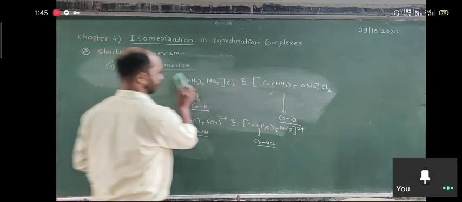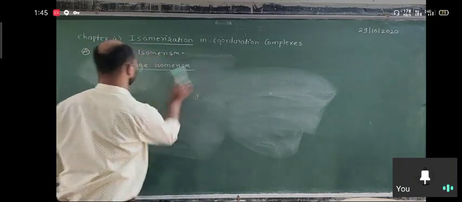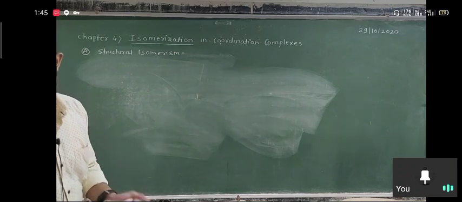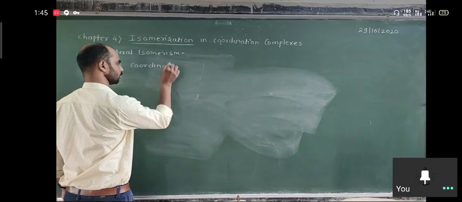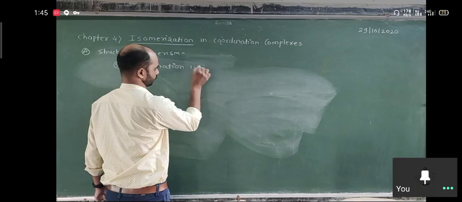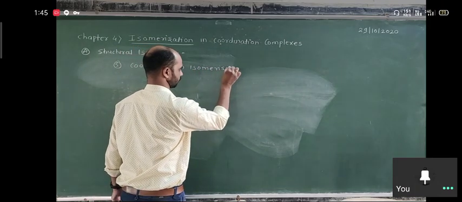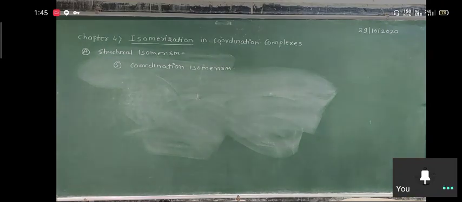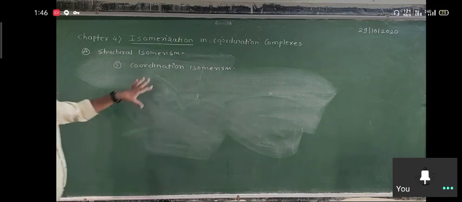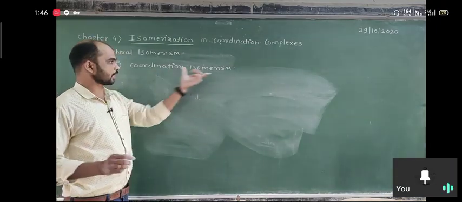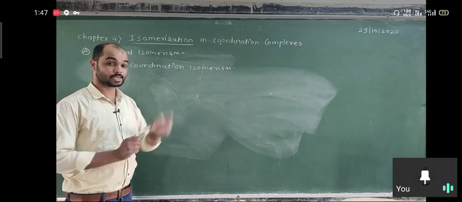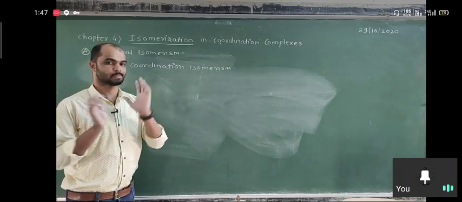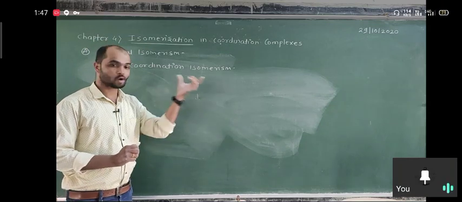Okay. We are going to discuss the fifth one, coordination isomerism. Coordination isomerism means there are differences in the coordination pair. So basically here two complexes are given,